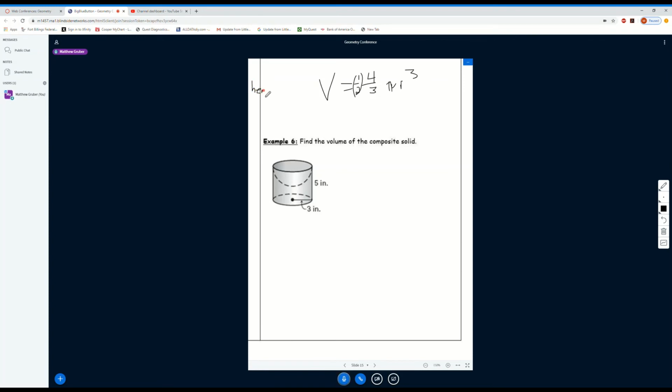So the volume of a hemisphere is found by using the same formula, but multiplying it by 1/2. So let's talk about what this composite solid is. The volume of the composite solid is the volume of that cylinder minus the volume of that hemisphere. Okay? So, volume of a cylinder is pi r squared h. So it's going to be pi r squared h